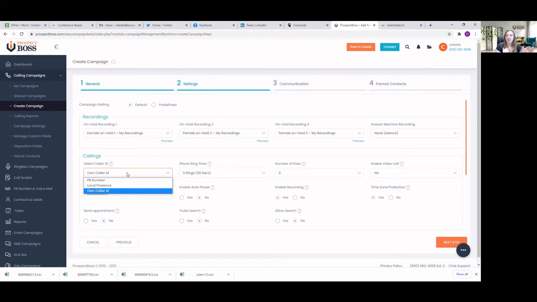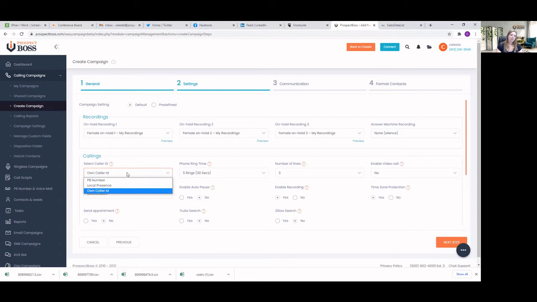area code, then you can select local presence so that it will automatically generate a number that is not being used by someone else. It's not spoofing a number, okay? It is assigning a number with that local area code. It's a number that is not in use by an actual person or entity or company or anything like that. It is a not in use number. But it just looks like it's coming from a local area code so that your prospects are more likely to